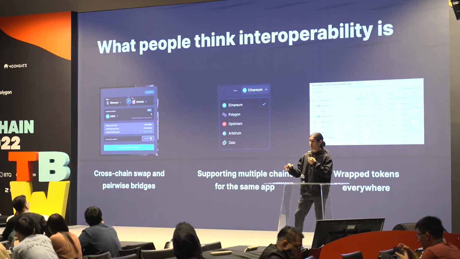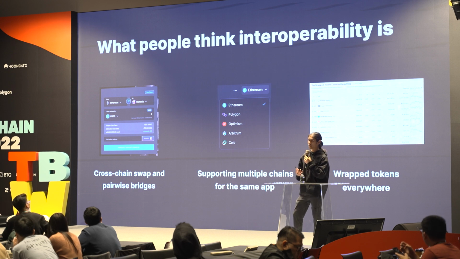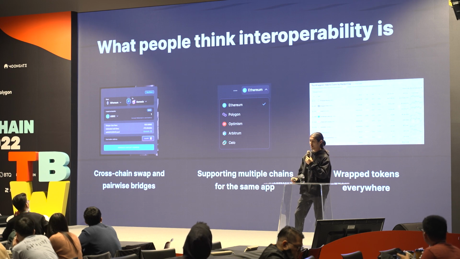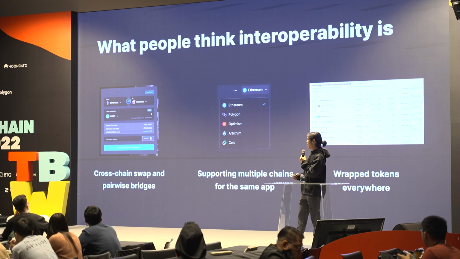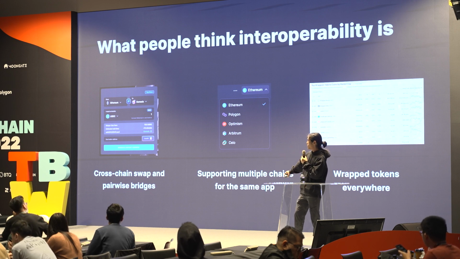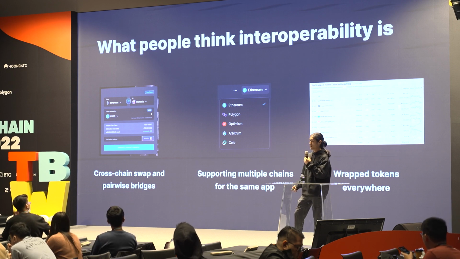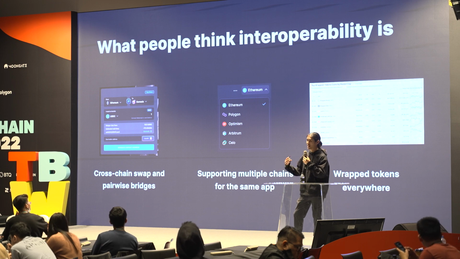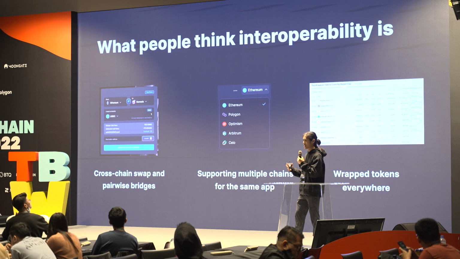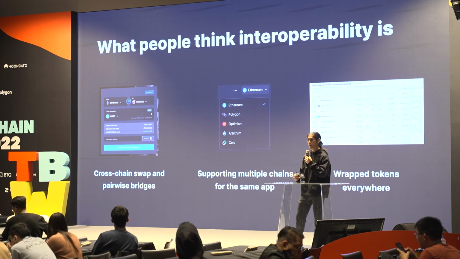And because of that restrictiveness, this is kind of where the mindset's at of what interoperability can be right now. This is sort of like the zeitgeist. So you have cross-chain swap and pairwise bridges. When you ask an everyday crypto user what interoperability is, they'll point you to a DEX. And that's kind of the limit of what application people are imagining right now, at least from a user